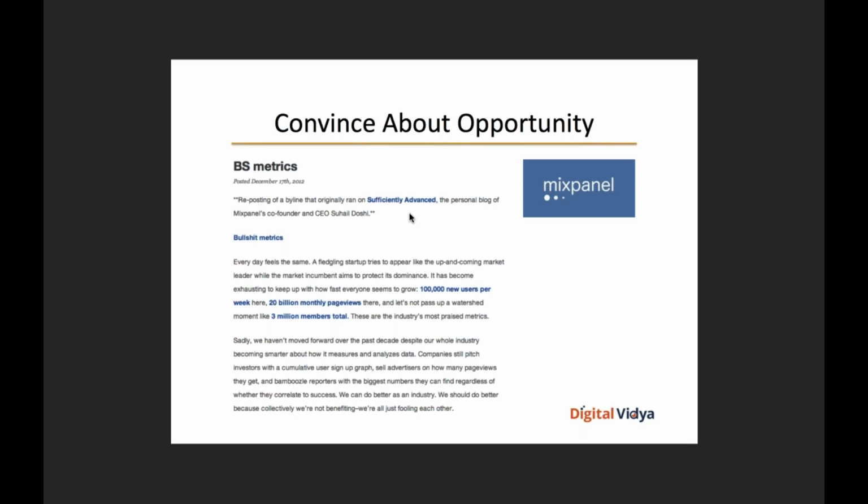They put out this wonderful article which talks about bullshit metrics, saying that brands should stop measuring metrics which make no business sense, like new users, which don't really talk about engagement. That's a very interesting play, because it positions them in the minds of the marketer: this is a company in the space of analytics that is telling people to stop looking at useless metrics, so they really care about my business. It helps build the perception in the customer psyche that this is a company which is really serious about what they do and knows what they do, and again convinces people about the opportunity around digital marketing.